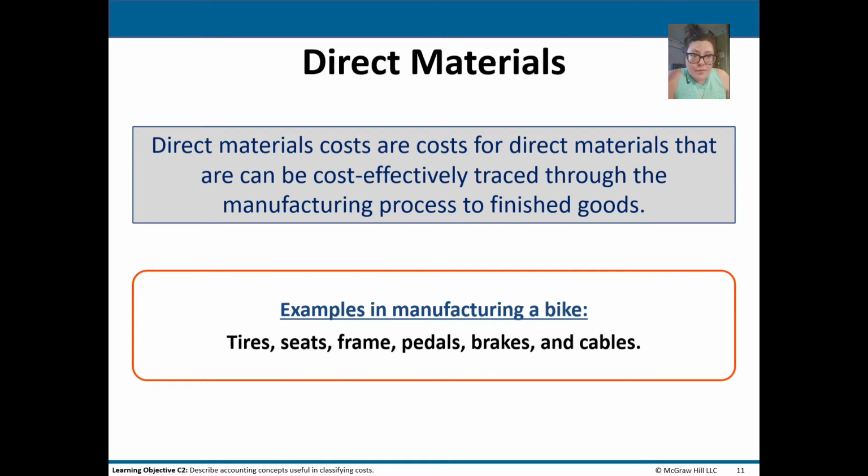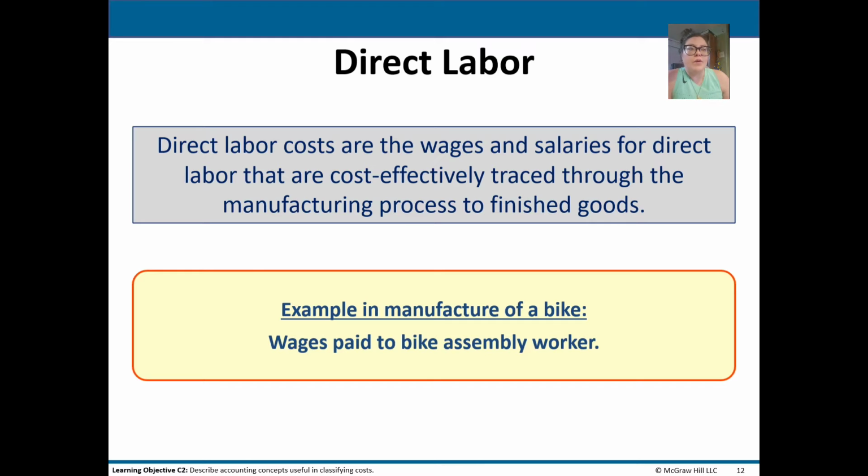So then direct labor refers to the cost of the employees who directly convert materials to the finished product. Therefore the direct labor costs are the wages and the benefits costs that relate to the manufacturing process of the finished goods. Examples of direct labor would be the operators directly involved in converting those raw materials into finished products. So the welder or the painter for the bike, or the person who attaches the pedals and the brakes in the assembly process. Any costs associated with them doing their job would be direct labor costs.